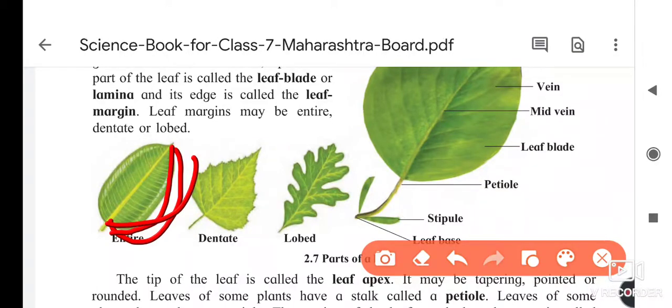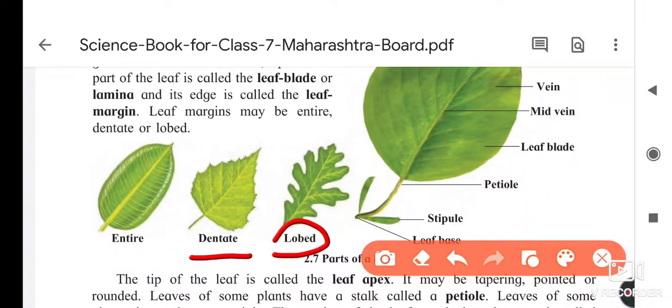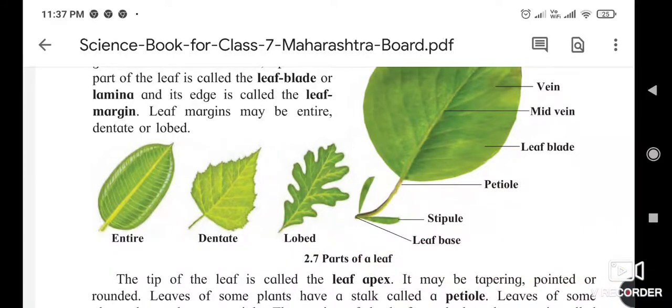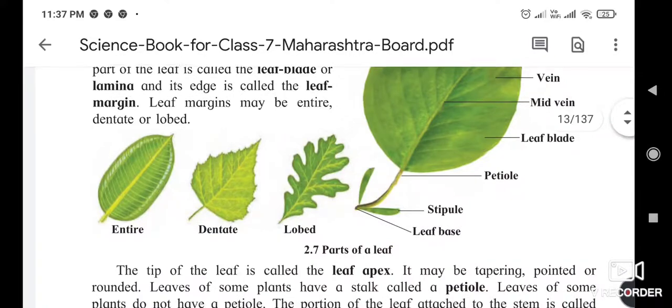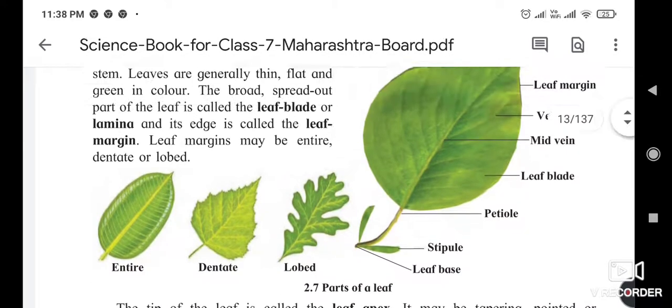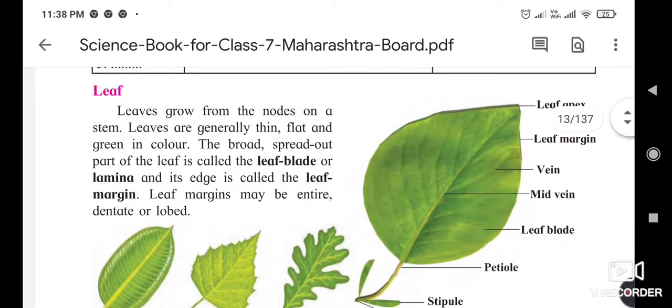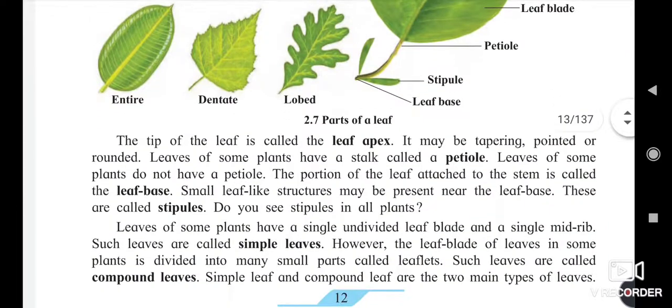The second structure is a dentate leaf. Third is a lobed leaf. So there are plenty of sizes and shapes of leaves seen in nature.